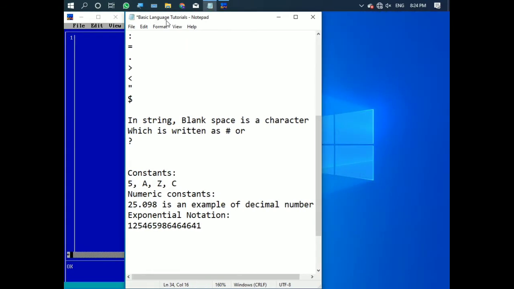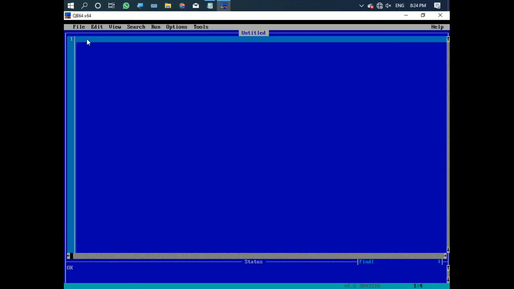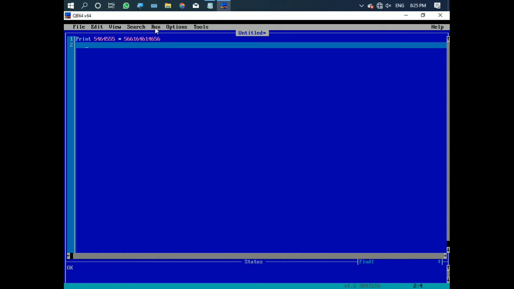If I do it in full screen and write in our program, print. Don't think about what I am writing, print is just one statement, just remember that and don't go to the higher concepts. So print, and I write a huge number multiplied by another huge number, and you will just notice that the number is huge. So let's run it, press enter and then press run.